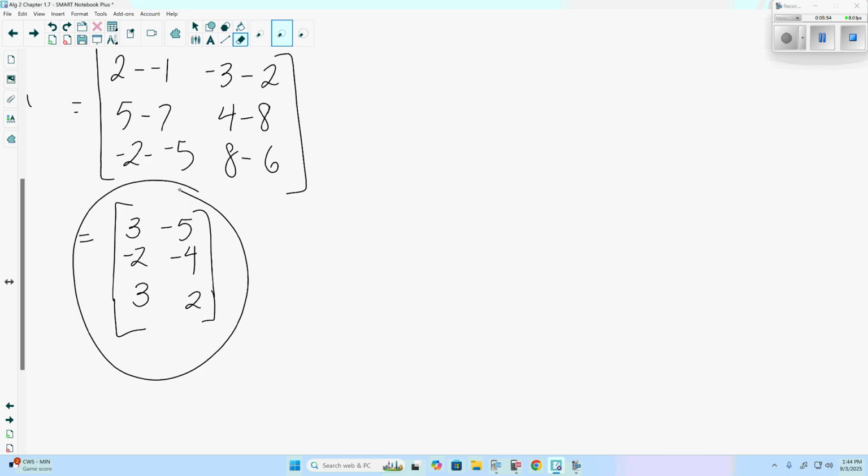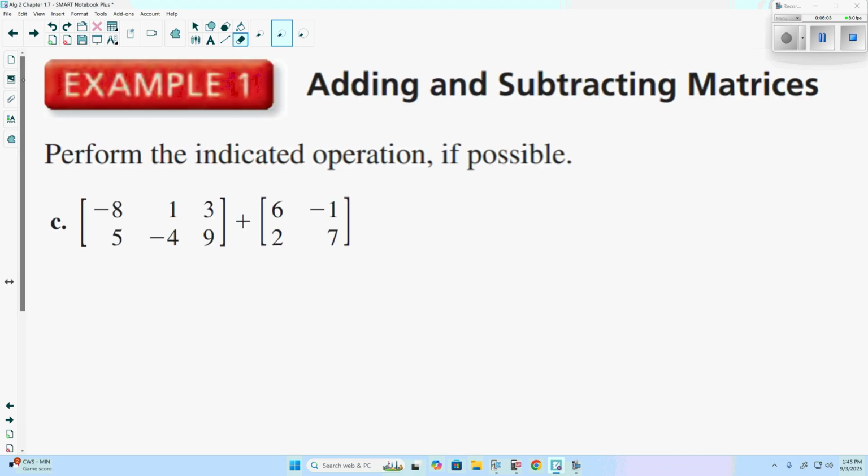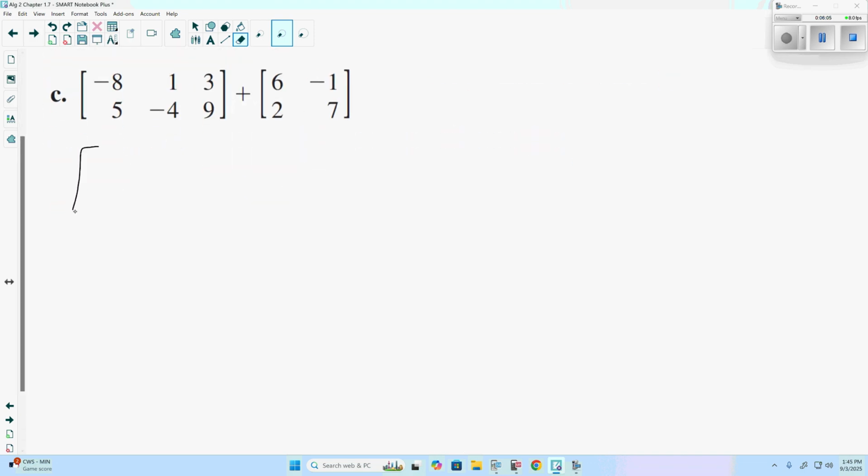Questions on this here? So, we ready for the next one? Let's try the next one without writing that in-between step. So negative 8 plus 6 would be negative 2. 1 plus negative 1 is 0. 3 plus